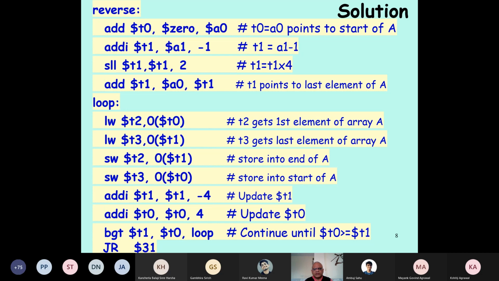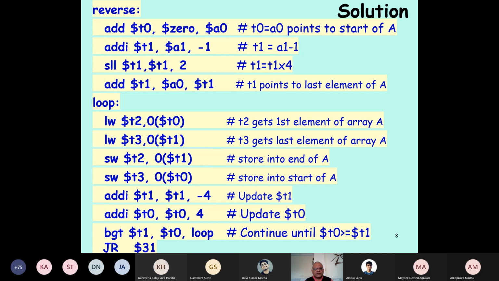Anybody has difficulty here? Sir, can you please explain in the reverse loop SLL $T1 $T1? See, we have k elements. Let's assume that k is 10. Length is 10, so we reduced it by 1, and 9 is the actual pointer to the last element.